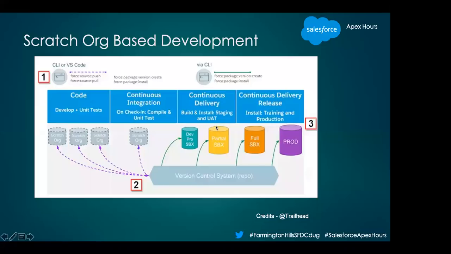And then the release manager takes one of the branches and generates a package out of it. The package is installed in the staging environment, UAT, and then you deploy to other higher environments as a package. Now, this is for package development. Very suitable if you're working in an ISV or you're building an AppExchange application, then this model makes a lot more sense, and this is the way to go. If you're working for system integrators,